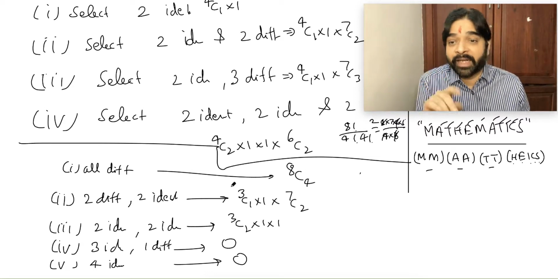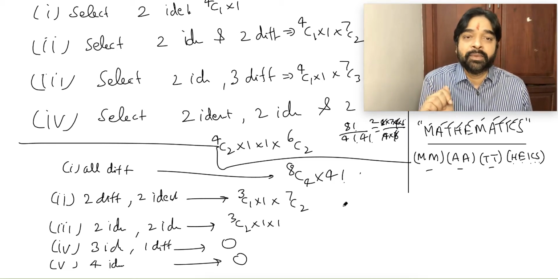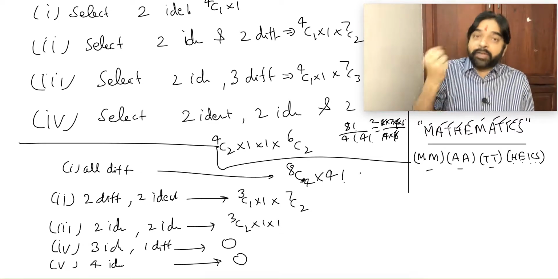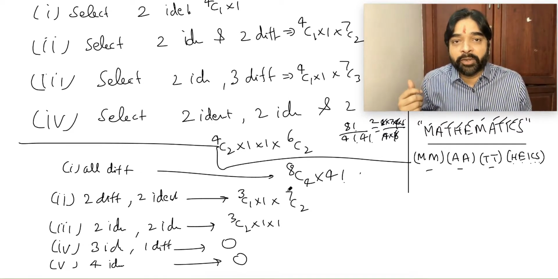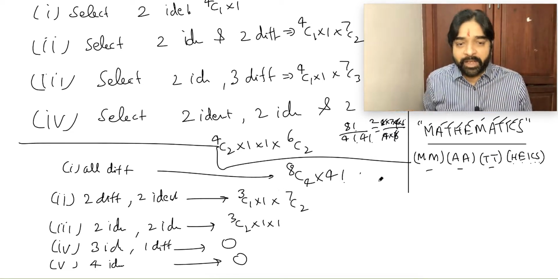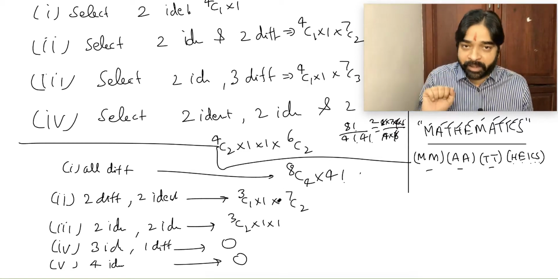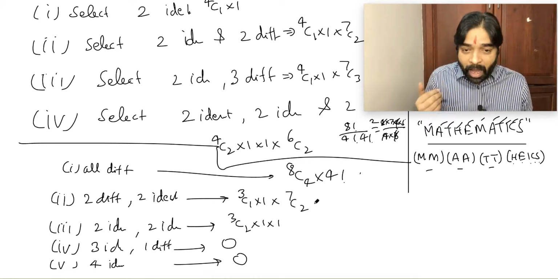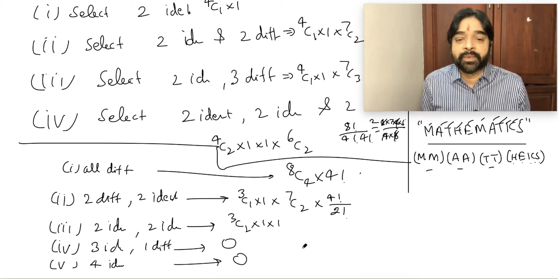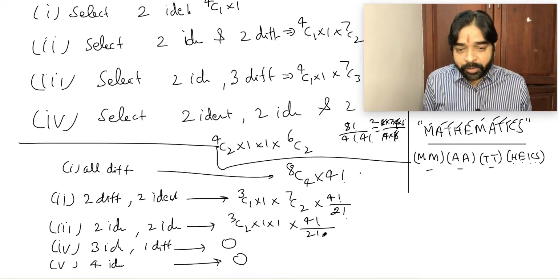So are all 4 different or not? Because all are different, in how many ways can you arrange? Into 4 factorial. Did you not understand? Practically feel it. You selected 4 letters, but which kind of 4 letters do you have in your hand? All are different. So in how many ways can 4 different letters be arranged? 4 factorial ways. Second case: now also I have 4 letters, but all 4 are not different. So into 4 factorial by 2 factorial, because 2 are identical. Did you understand the point? Into 4 factorial by 2 factorial, 2 factorial.